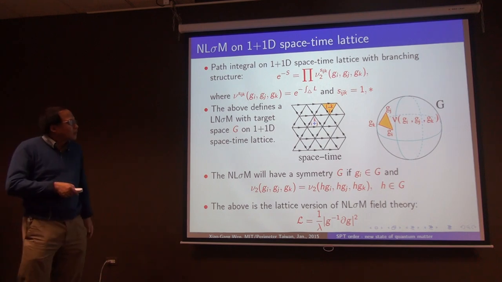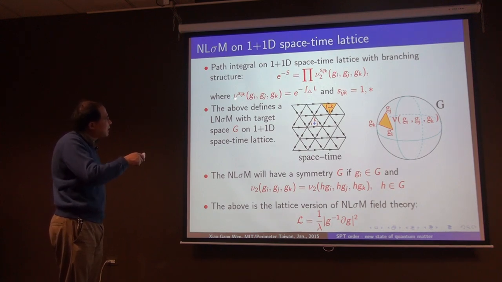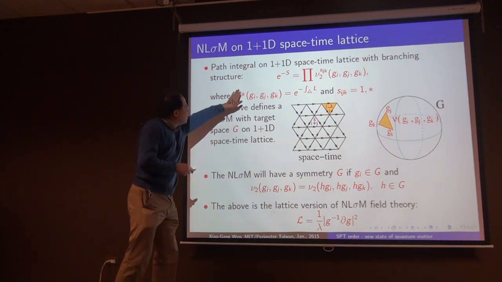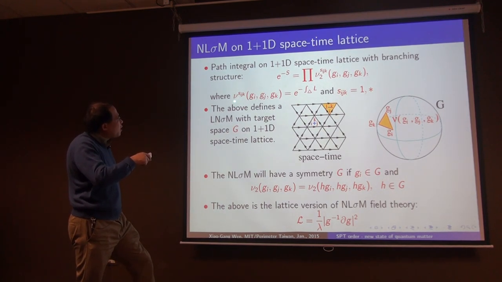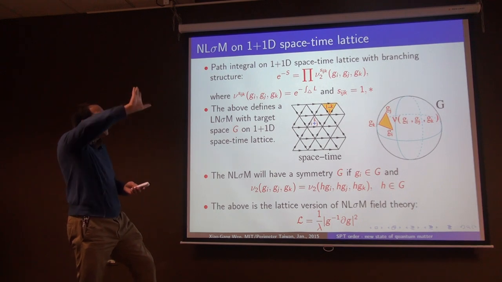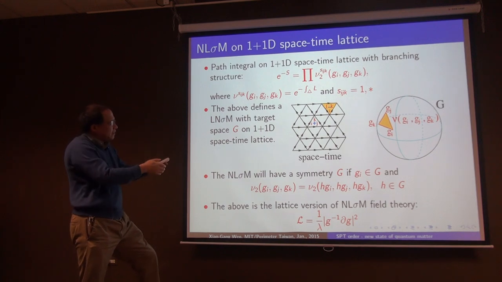bosonic path integral. Okay. And then for every triangle with a branching structure, we just add this tensor. Okay. But whether this tensor, we don't have this subscript, just this tensor. But whether this tensor enters as a complex conjugate depends on whether this triangle has a plus or negative orientation. But this plus or minus orientation depends on the dominant direction. So this is the dominant direction. If a dominant direction points inwards,